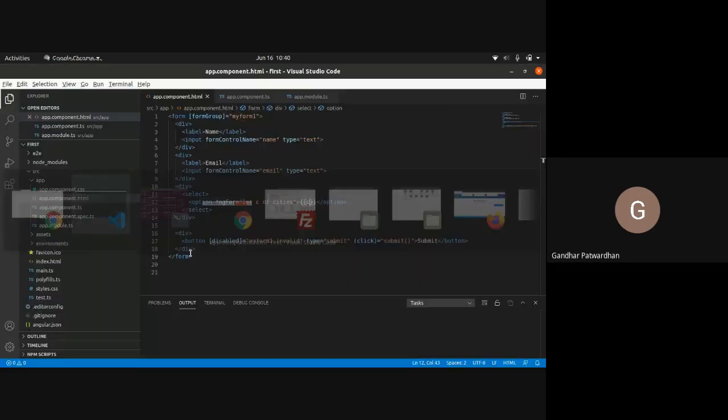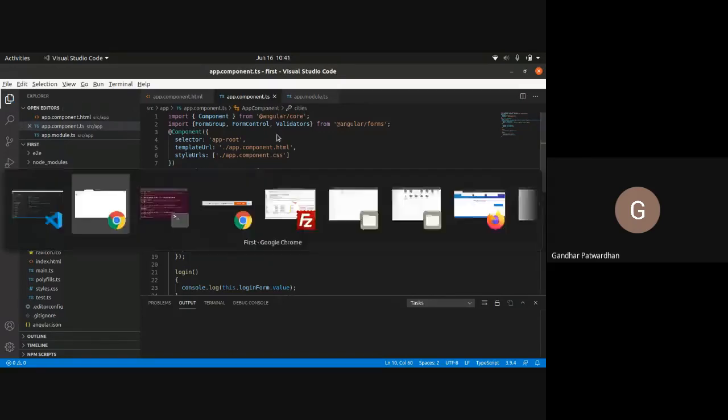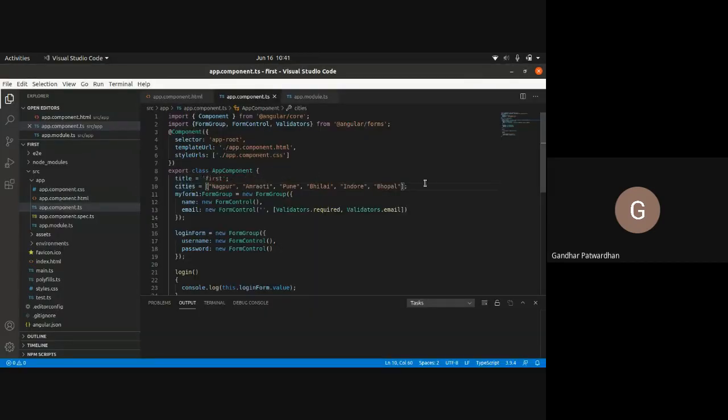If I add one more city, let's say Bhopal, it will have Bhopal as well. So think of a scenario wherein all the cities would come from the server. You would ask the server for the cities, the server will send you the cities, and you would store those cities in an array and display them in this fashion. Is it clear till here?